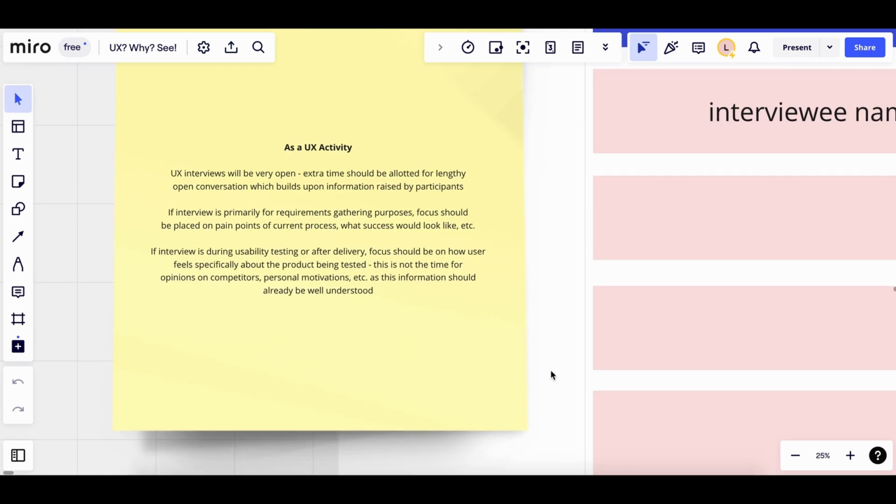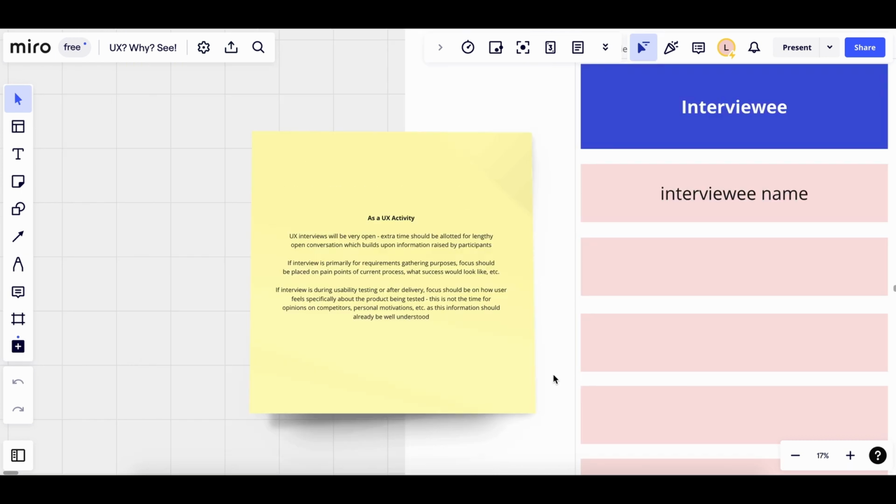With UX considerations in mind, we should think really of keeping all of our questions very, very open-ended and allowing users time to expand on anything that they really feel like they want to discuss. We should never cut a user off if they're giving a little bit more information than we expected. We should give time for that. And we should also focus on how the user is feeling, and we'll cover that a little bit more in